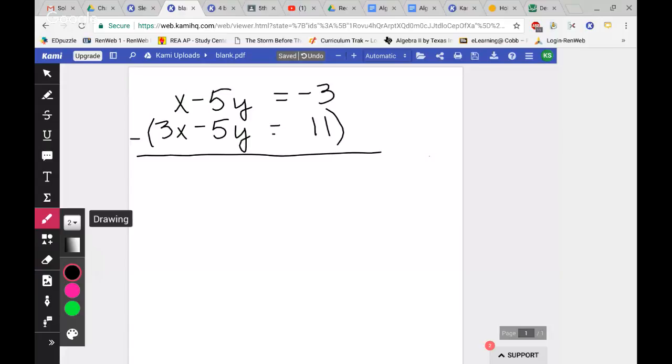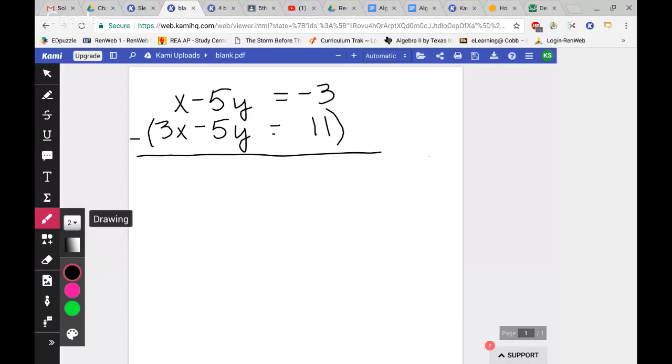Does that make sense? If you have the exact same, it's like if you have 4, in order to get a 0, you would want to subtract 4. So when you have opposites, you can add them, because a 5 and a -5, when you add them together, give you a 0. But when you have a 5 and a 5, you have to subtract them to get 0. And that's the same exact thing with negatives. You would have to add them to get 0. So